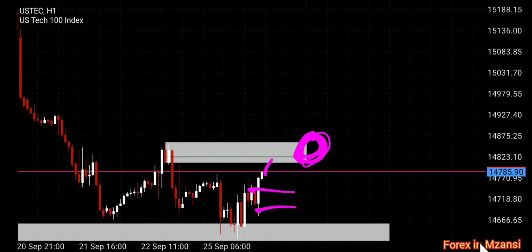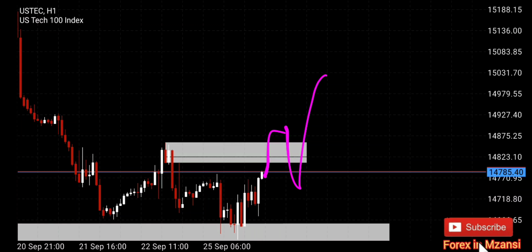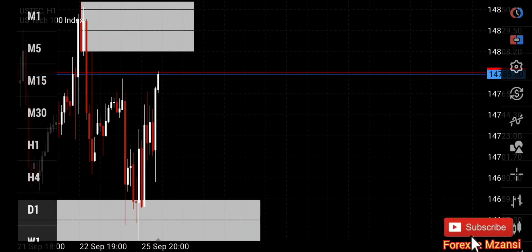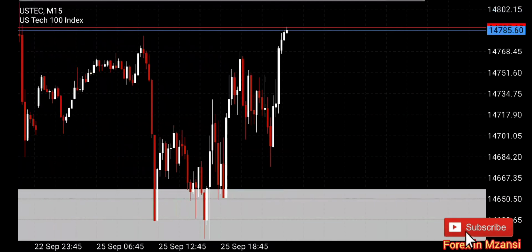On H1, not so much, because the market has already decided where it wants to go on this time frame. But on the other time frames, this is where it's going to decide whether the sellers continue with their downward movement or whether the bulls reverse everything completely and then continue pushing to the upside. So that's what you should look out for. I think I can end it here, unless we want to check our